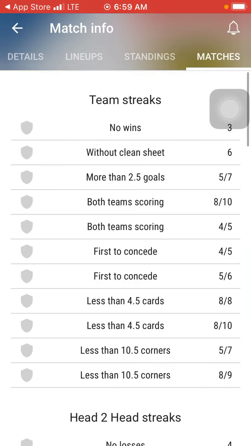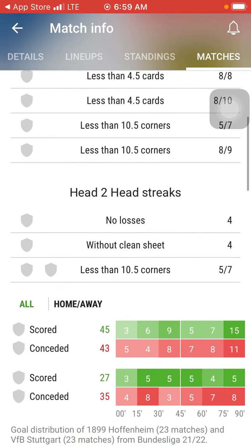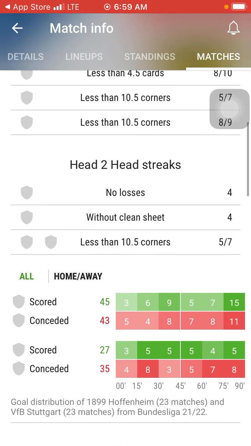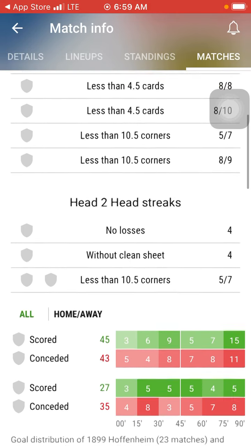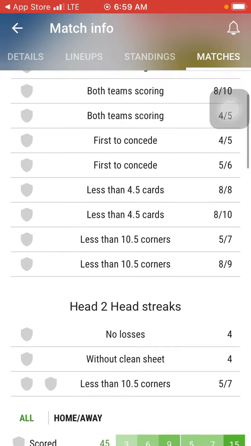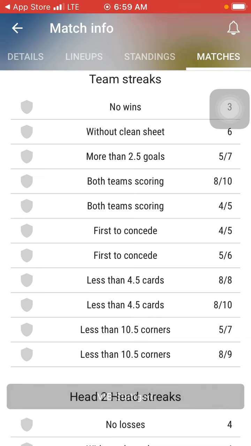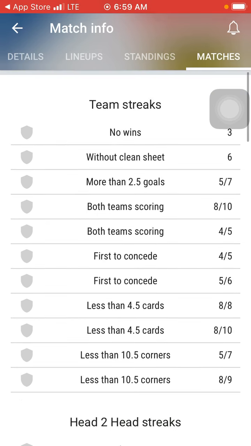So matches, you scroll down. You see, for these people there, you can see that they don't actually like scoring first. Nobody actually likes scoring first. But you can see first team to concede a goal. First team to concede a goal is Stuttgart. They always like conceding a goal. So with these tips here, this will help you to